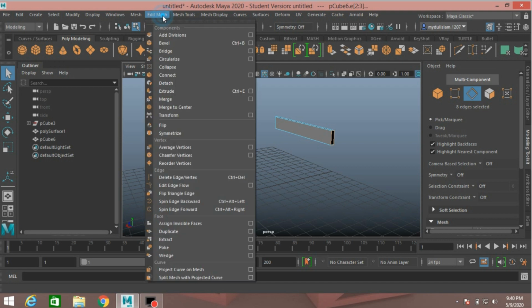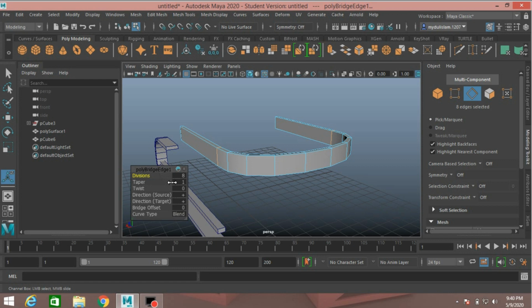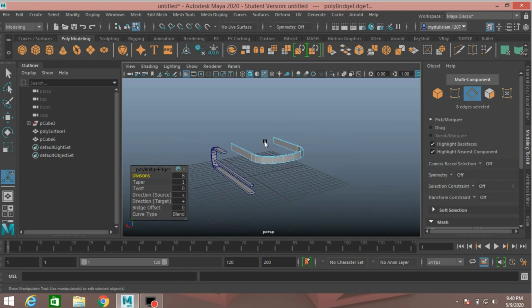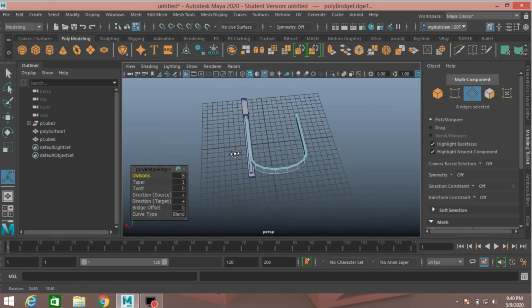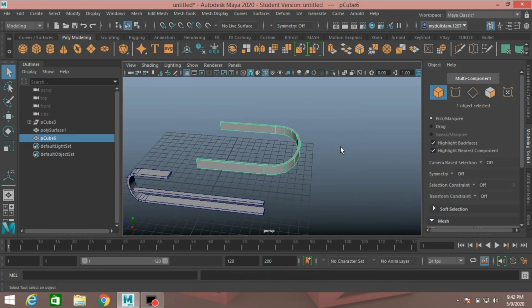Again go to edit mesh, click bridge, select curve type blend, increase division, just like this. Now press T on your keyboard to show the poly bridge edge option.